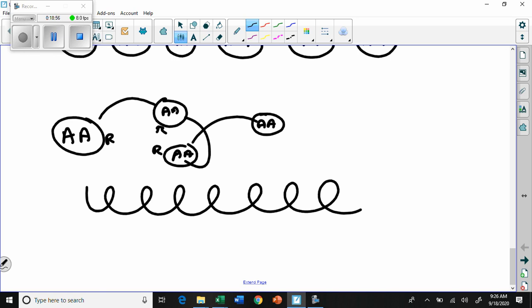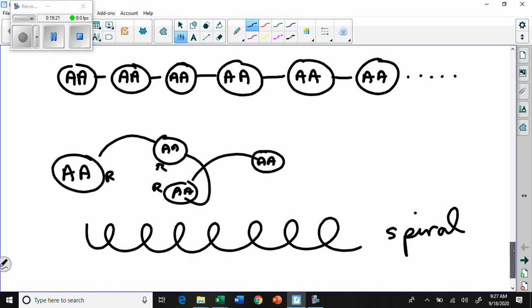You'll notice that some of those R groups had ionic ends, like the H2+. And those ionic ends have strong push and pull forces. And so it causes this to kink up, and the two most common ways it kinks are the spiral shape, or, if I go back to my picture,